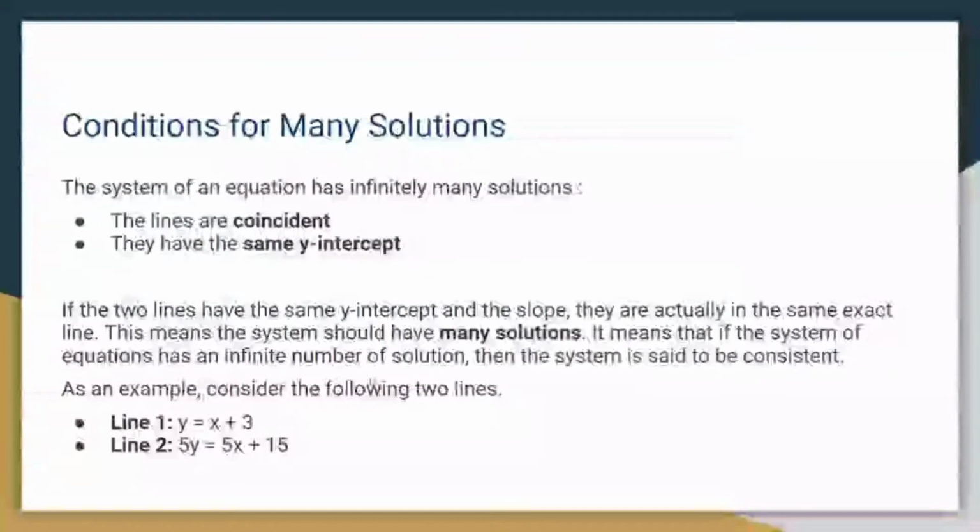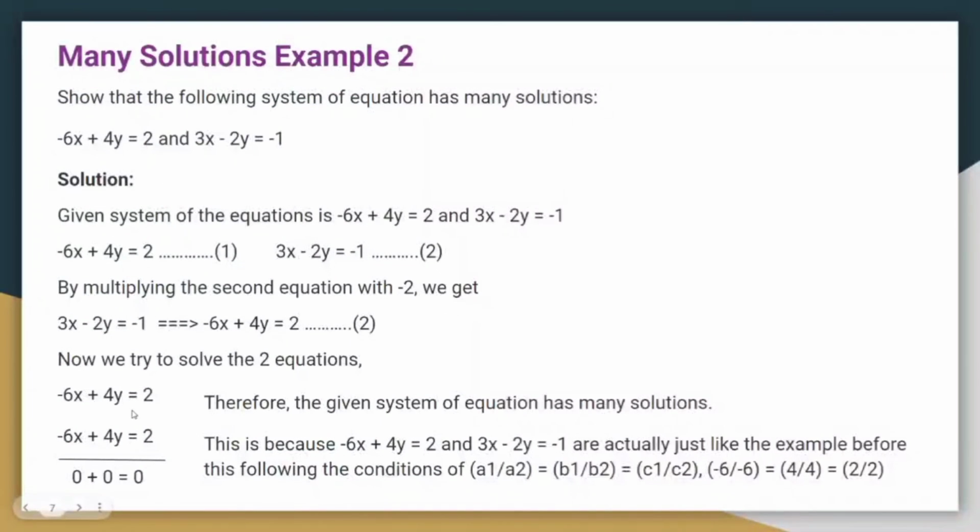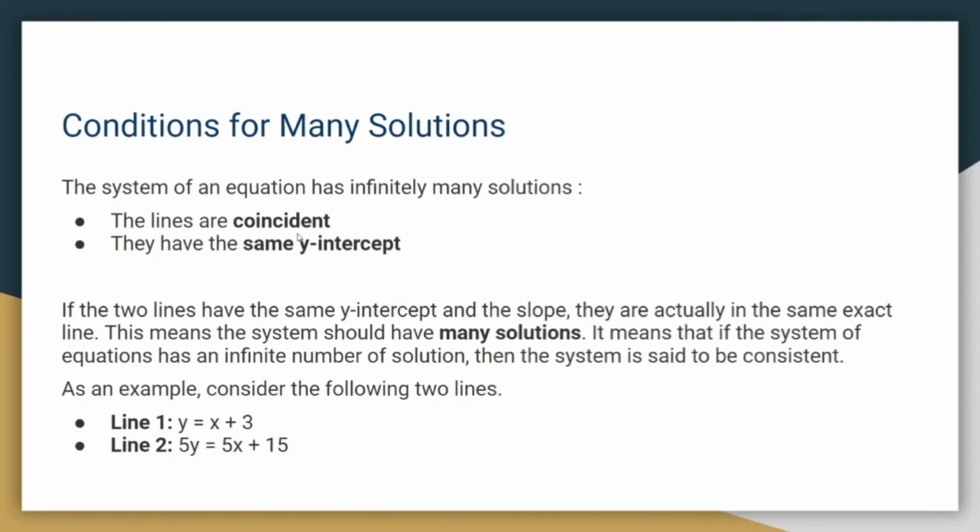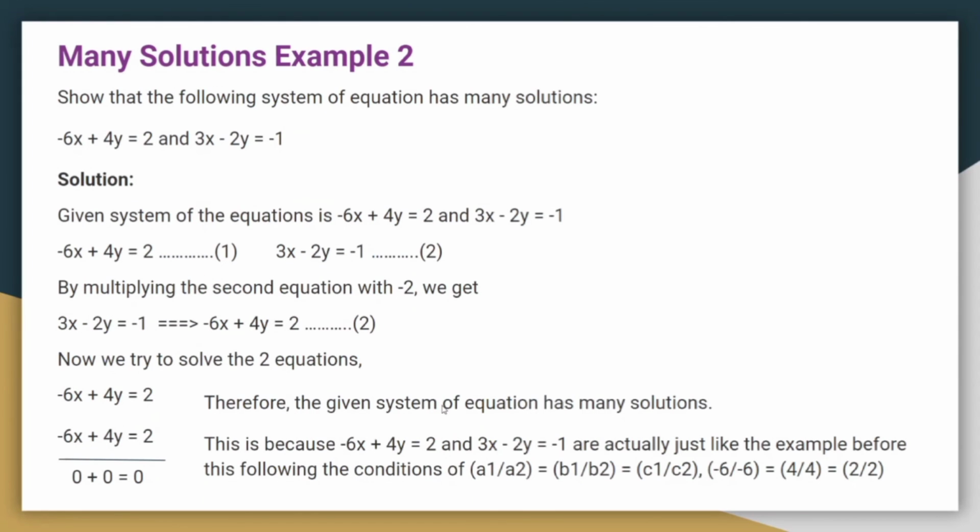And then since both lines are the same, and why do I say both lines are the same? Because the equation is the same. So we can say that the lines are coincident and they have the same y-intercept. Therefore, this given system of equations